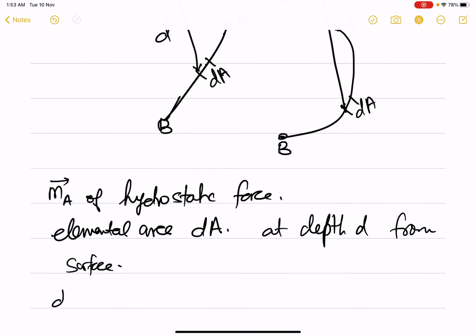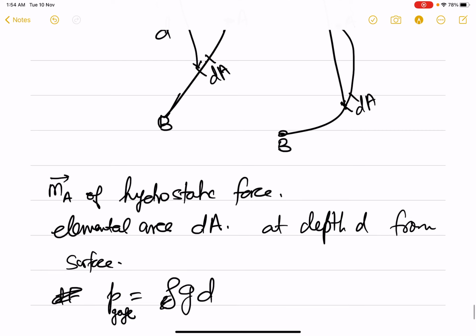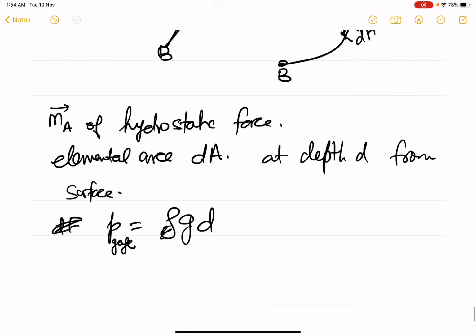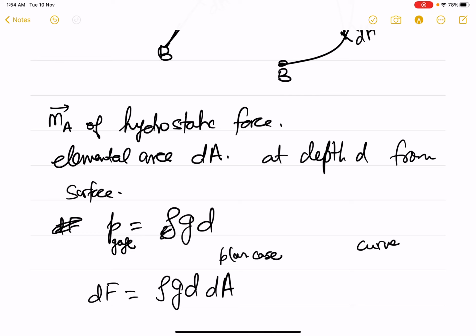Then clearly pressure will be equal to rho g d, the gauge pressure. dF will be equal to rho g d times dA. This is for the planar case. We write it as a scalar. For the curved case, this will be rho g d times dA